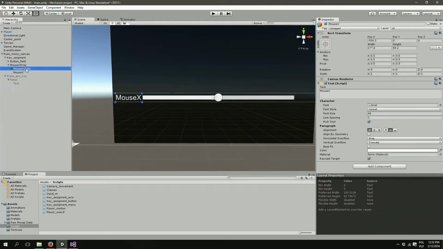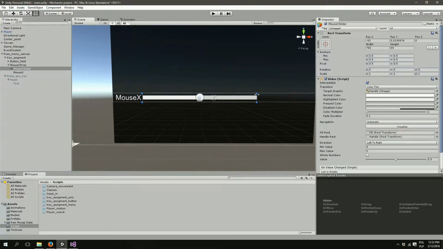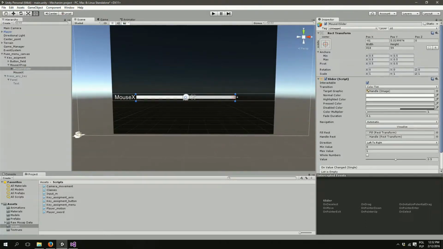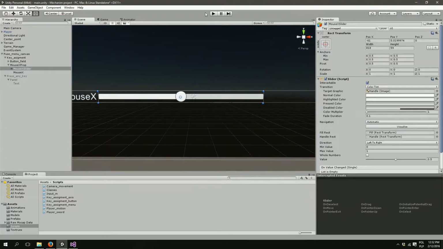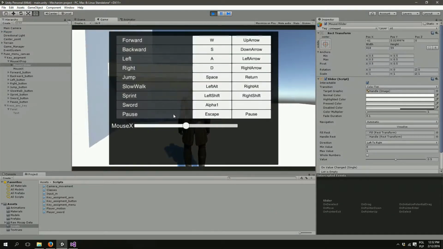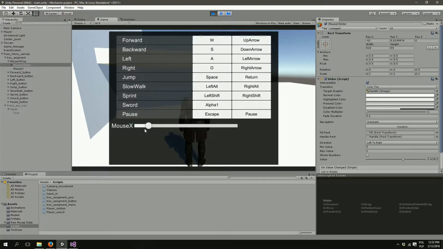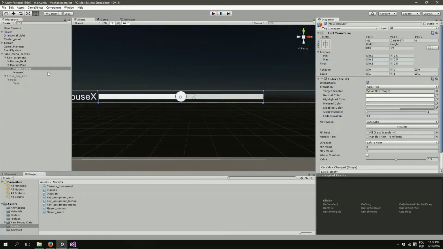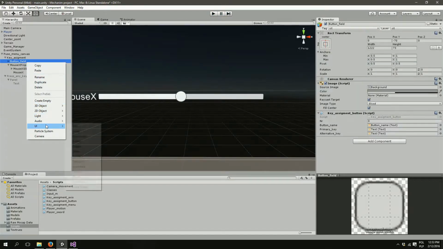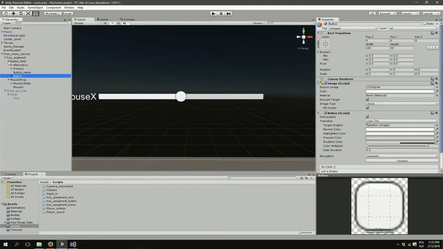Oops, not this guy, this guy. Like this. Now I think it's really okay. I mean, I can use a slider. I've got what it is, and I will have my checkbox, and I'm not gonna use toggle. I'm gonna use just a button because